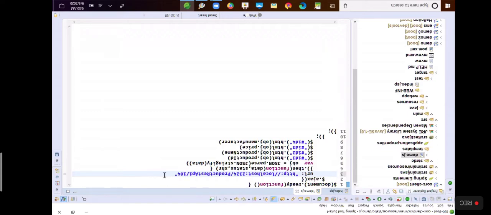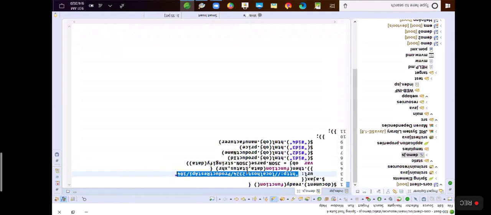The ID we are passing is 104, which means we would like to get a product with ID 104. So through Ajax, this JavaScript code wants to make a request to this URL.